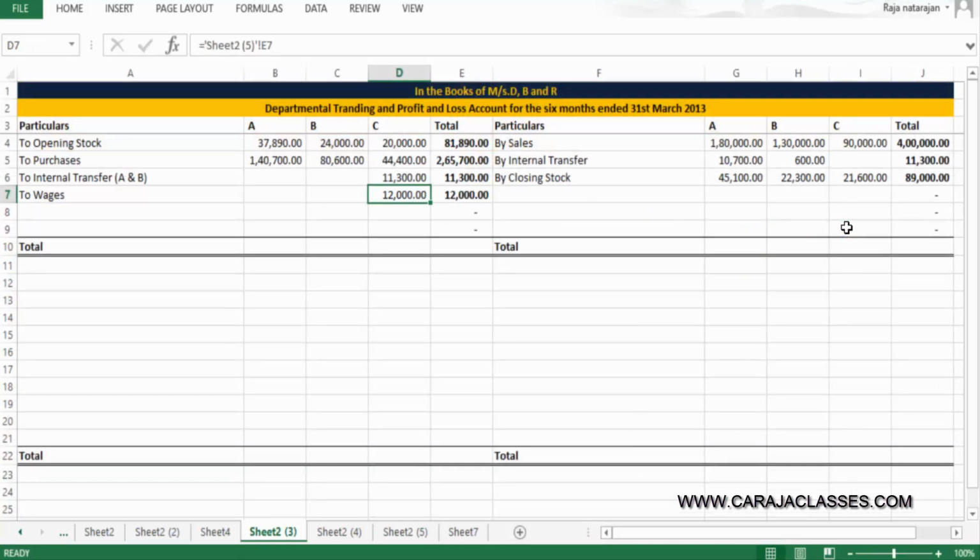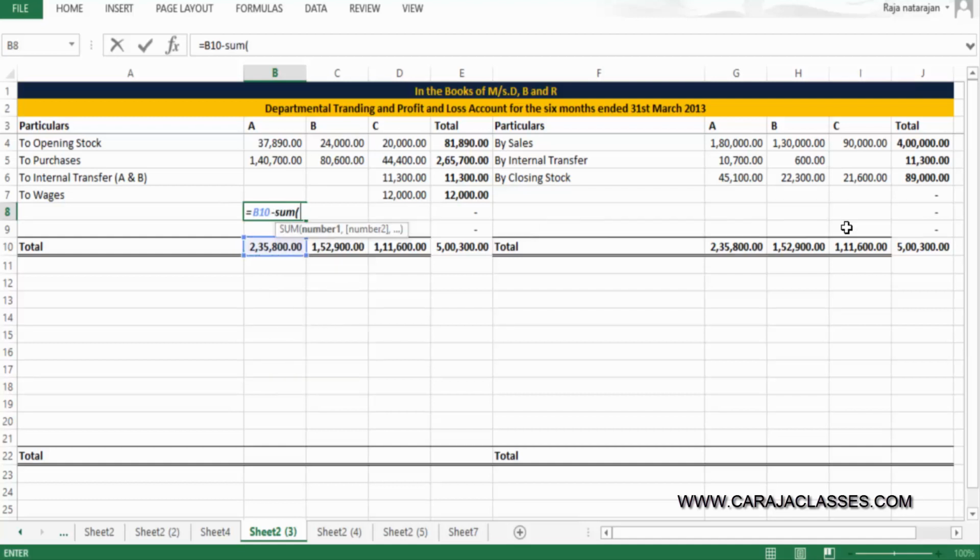So we have captured this as well, and we have also captured the closing stock. So now it's time to close this trading account. Let's see what is the total on credit, 235, whereas on debit it is lesser. So let's follow this total, 235,800. And for department B, department C, let's see what is the total here, it's 5,300,000. And let's follow the credit side totals, right? Fine. So here we are going to have a difference,